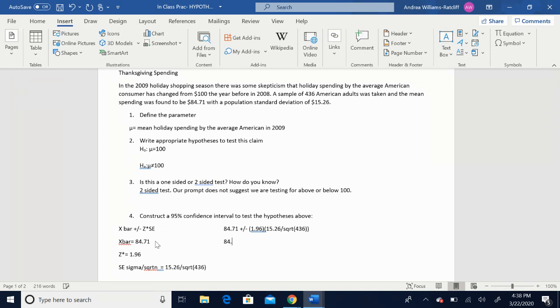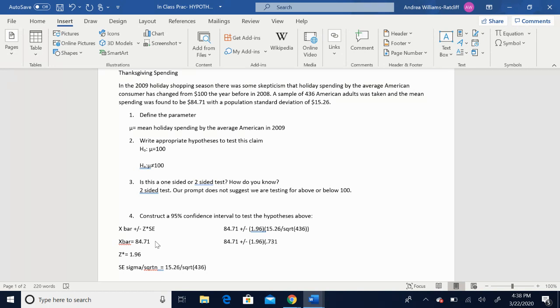I could also do this in our studio, which would also give me the solution. The standard error is